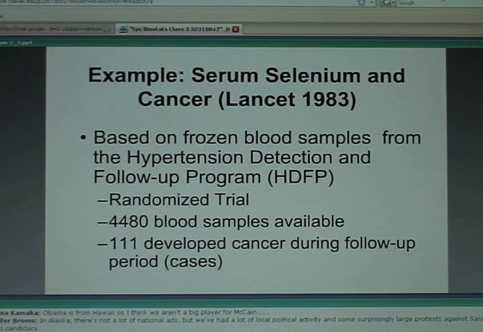That study was an experimental study to look at different ways to try to treat people who were suffering from high blood pressure, from hypertension. But as part of that hypertension study, they asked people if they could donate blood. If they did, they froze those bloods, and what Dr. Willett had was a freezer full of frozen bloods. And he was using that to answer the question of whether low selenium levels increase your risk of developing cancer. Do people with low serum selenium levels have different rates of developing cancer than people who have, say, high serum selenium levels? So what Dr. Willett had was access to 4,000